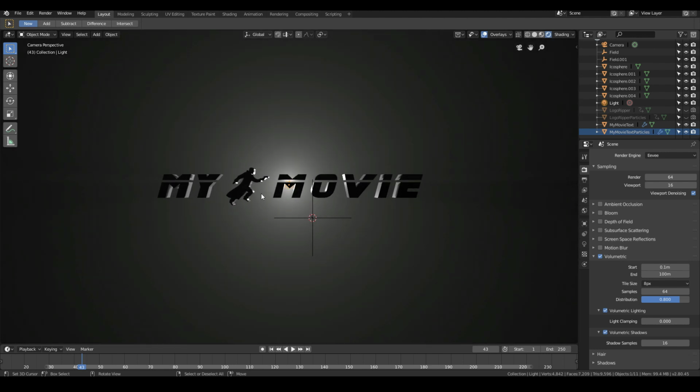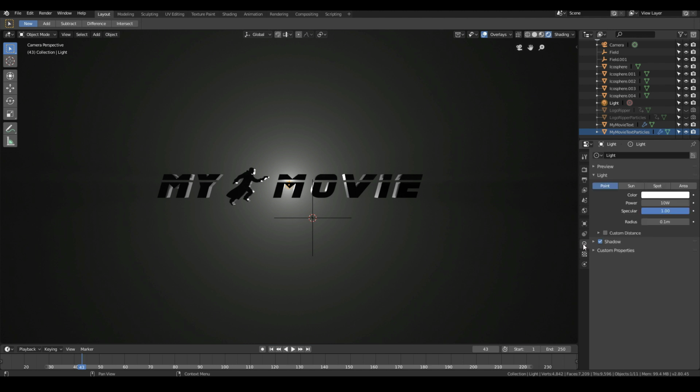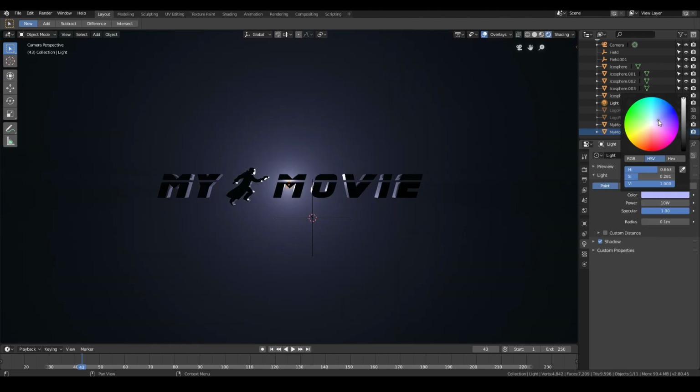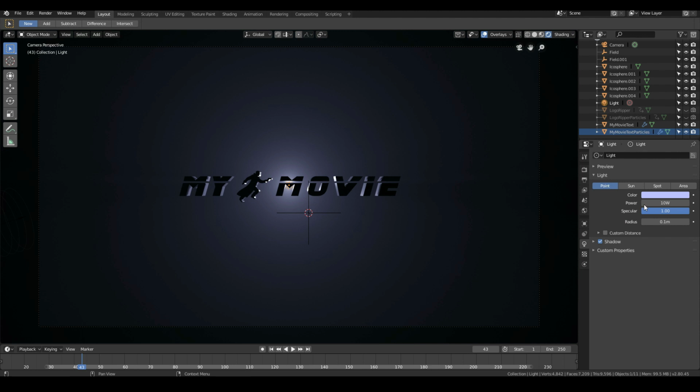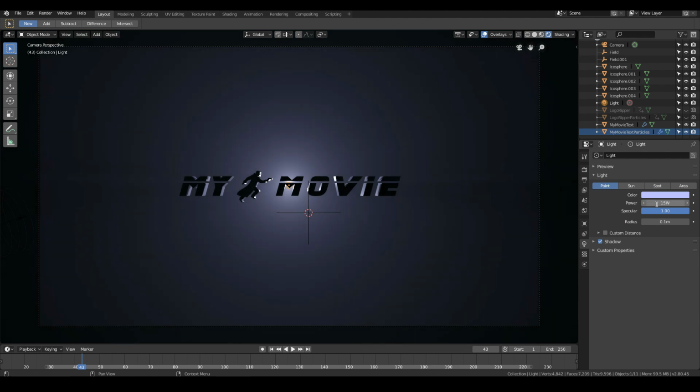Now, if you Google the Avengers movie logo, you'll see that it has a slight bluish tinge to the light that comes at the back. So I'm going to go to the color of this one and change it to like a sort of bluish tinge, like so. I might just turn up the strength to maybe 15 watts so that we see more of that logo. Okay, so now let's go ahead and hit save, and if I play back the animation,